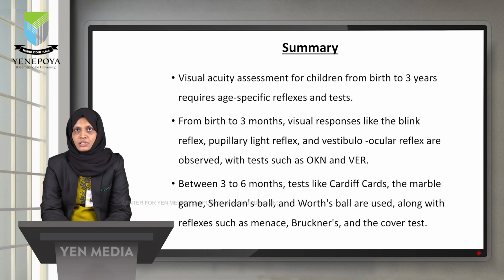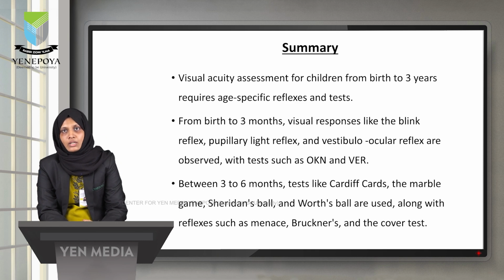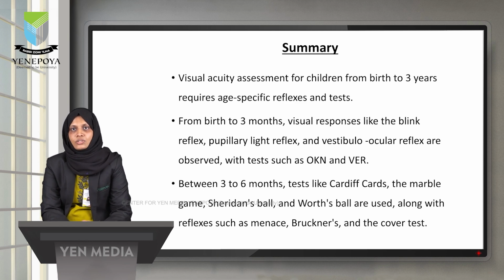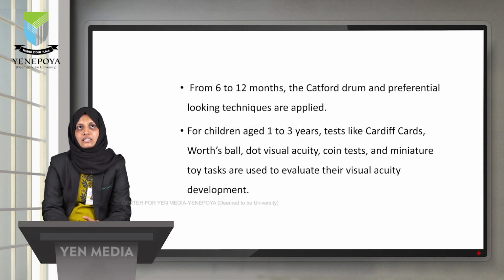Between 3 to 6 months, tests like Cardiff card, the marble game, Sheridan's ball, and Worth's ivory ball are used along with reflexes such as menace and cover test. From 6 to 12 months, the Cardiff drum and preferential looking technique are applied. For children aged 1 to 3 years, tests like Cardiff card, Worth's ball, dot visual acuity, coin test, and miniature toy task are used to evaluate their visual acuity